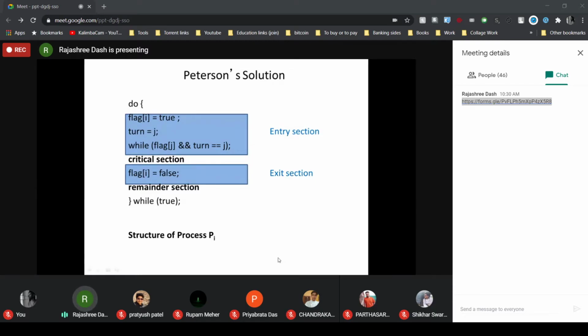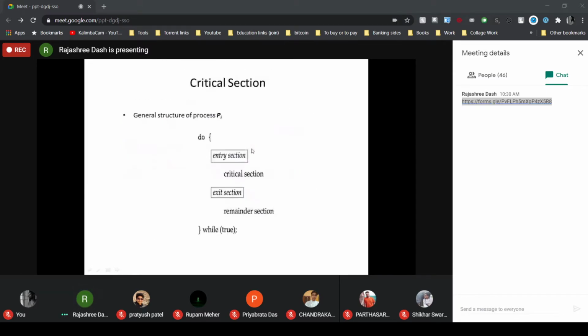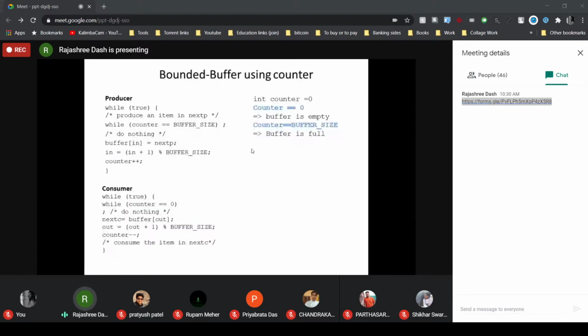So let's start the discussion of the Peterson solution. Just say, if the bounded buffer problem, the same producer consumer problem, is restructured as the critical section problem, can you tell me, just looking at the code, which part of the producer process, which line comes under your critical section?